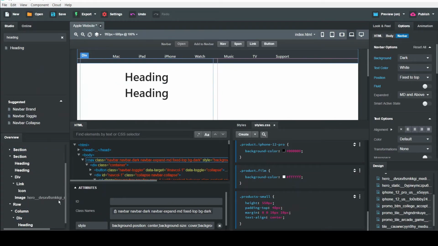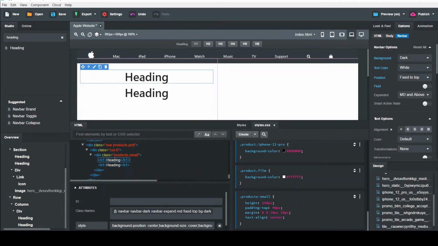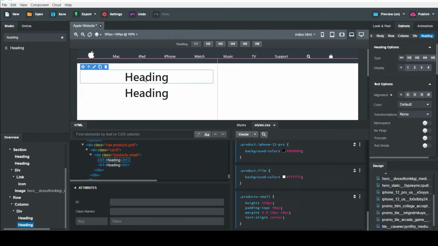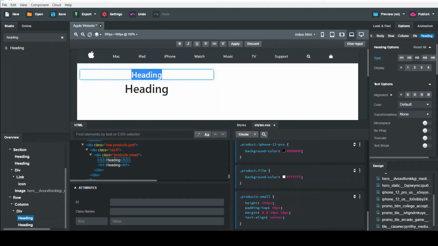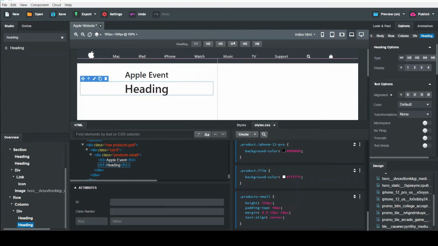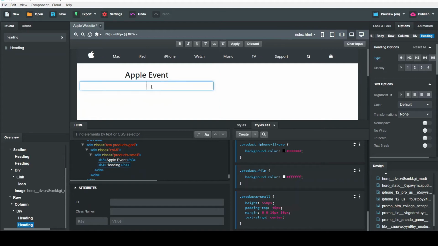Make the first heading the H3 tag, and edit it. For the second heading, make it the H4 tag and edit. Good.